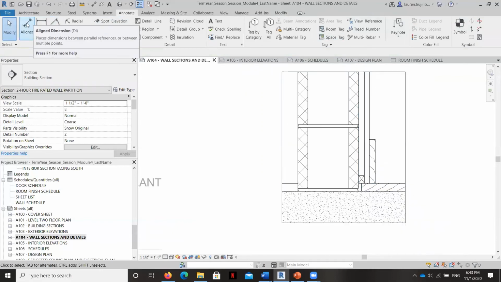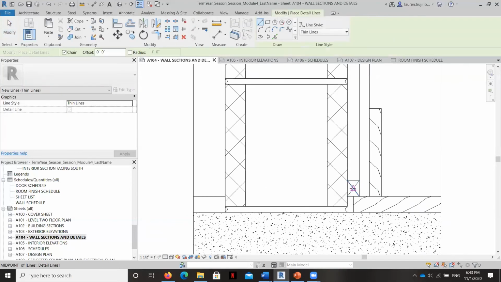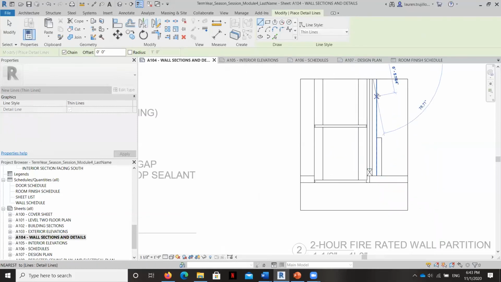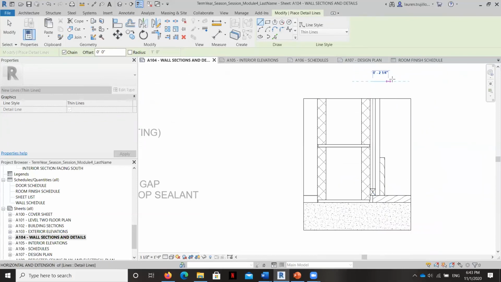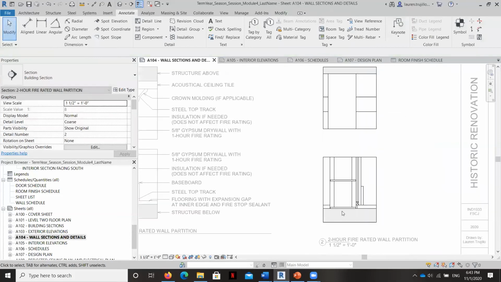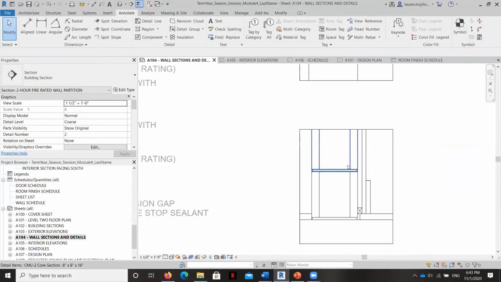And so let's create another detail line and just see where 16 inches is, if we've got room on this section. It looks like it's right up here. So we don't have enough room for a second one in this view. We certainly could extend this view if we wanted to, but once we label this, we'll label that as a furring strip 16 inches on center.